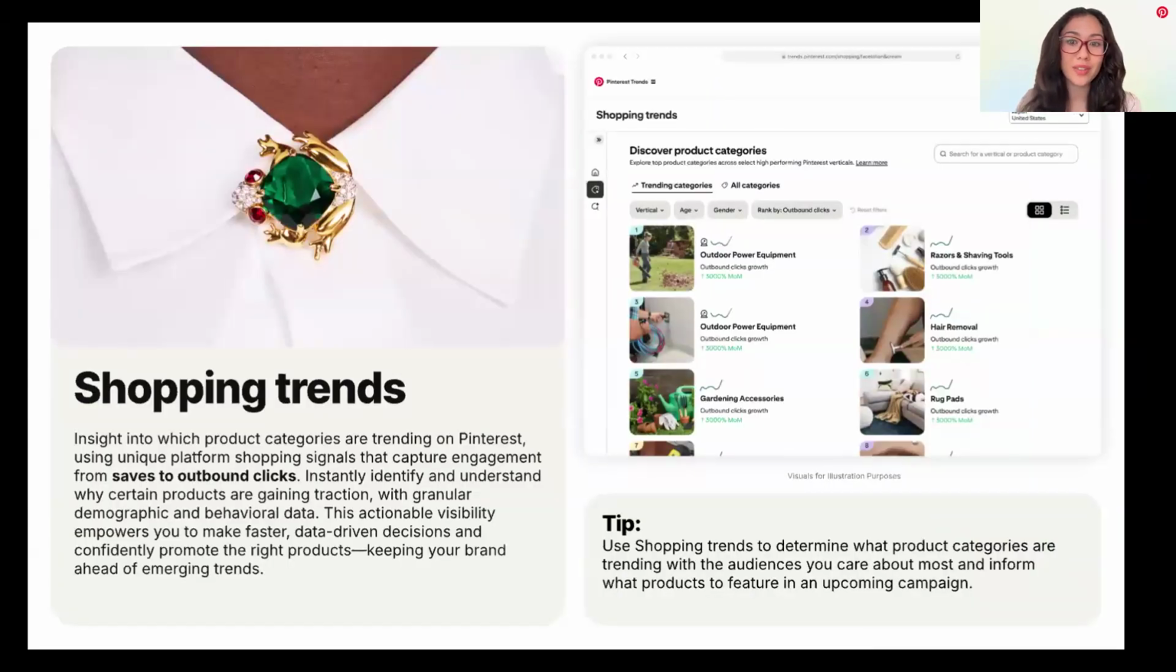Next up is shopping trends. This feature helps you discover the exact product categories your audiences are actively shopping for, answering one of the most common questions merchants face, which is, what should I be promoting right now? Traditional insights really haven't offered enough depth or actionability to answer that question effectively, but Pinterest is uniquely positioned to